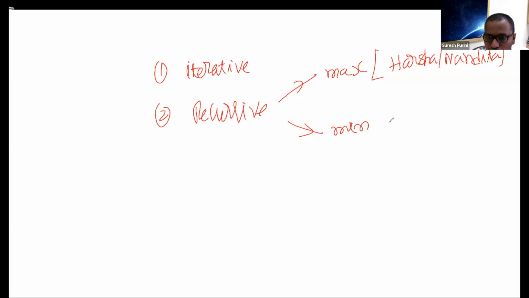So the challenge problem for you is, can you write recursive code where you take the min approach? Is there anyone who already solved this problem, taking the min approach? Okay, great. Recursive with min approach, excellent. So this is the problem that I would like you to solve. This is number one. Number two is, for section B1,